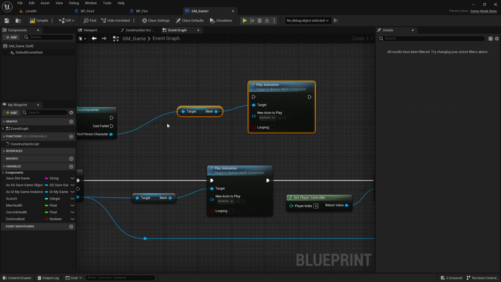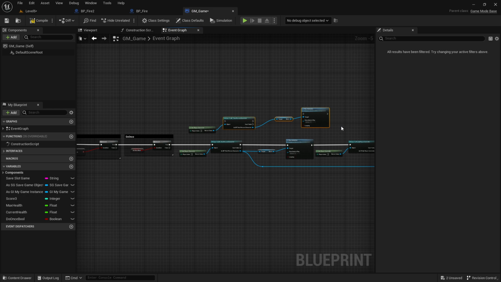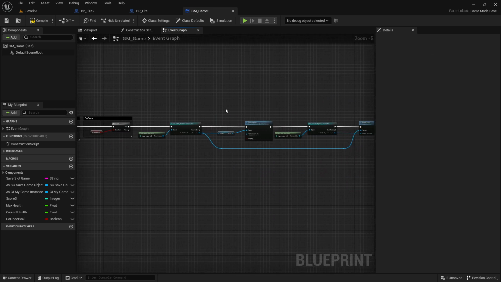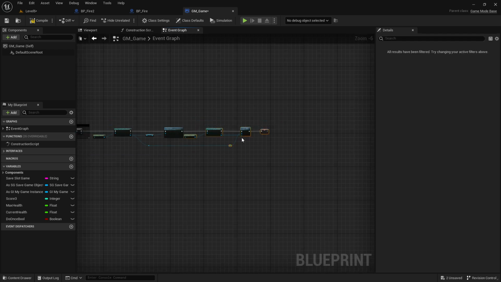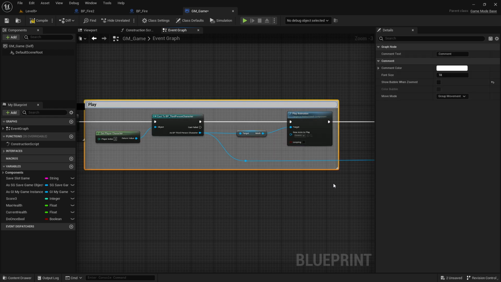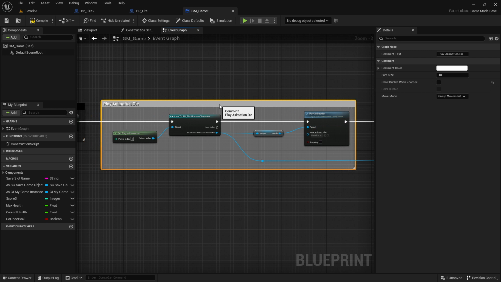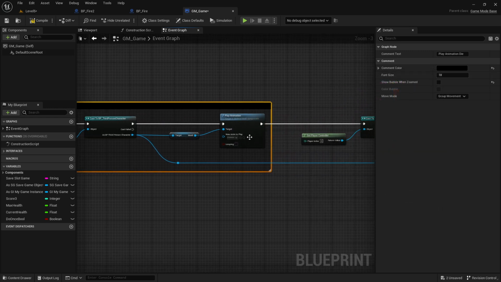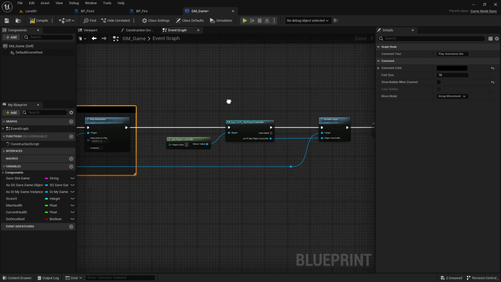And then after this one, we have this part, and we can comment this out. So what we did here, just play animation at this part. Let's comment it and write here, we just played animation. Comment, let's write here play animation die, something like so. And then the next part is, after we died and played the animation, we have to